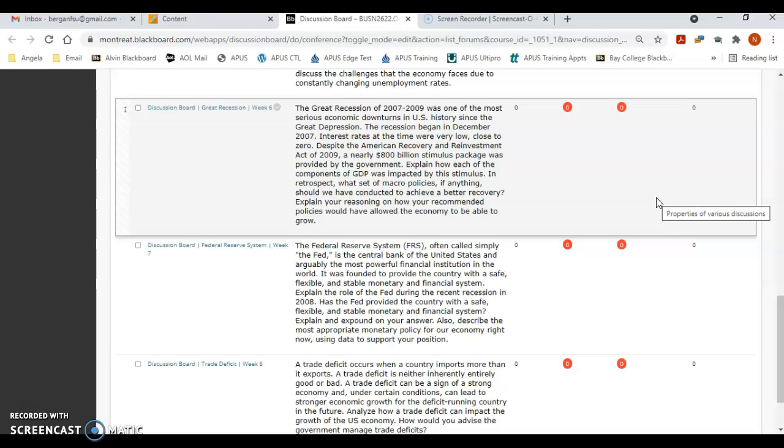You're going to look at that, and you're going to look at sets of policies and how those sets of policies can help our economy be able to grow. Those are going to be very important to look at. You're going to be looking at the reasoning of why you did that. You're going to also be looking at your ability to make decisions and what they looked at as well. So those are going to be some key things that you're going to evaluate in your